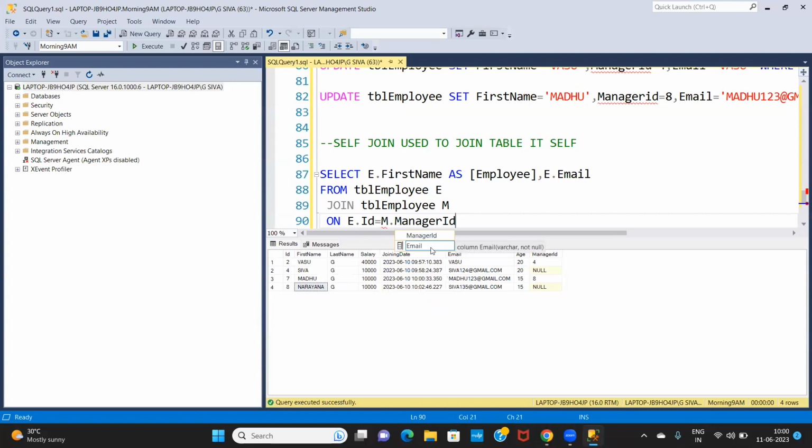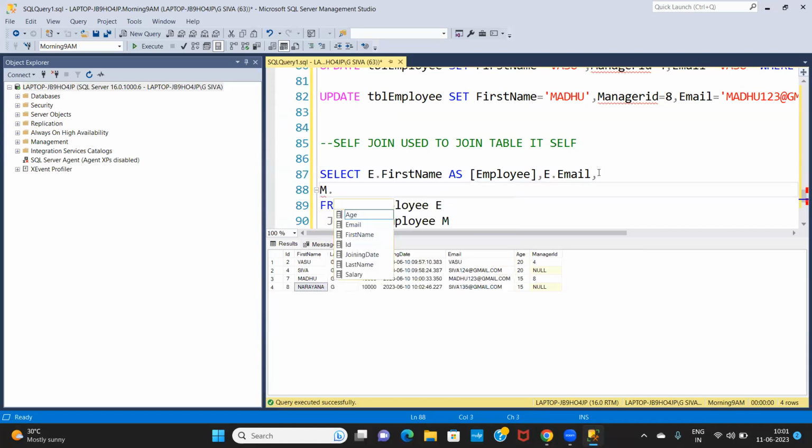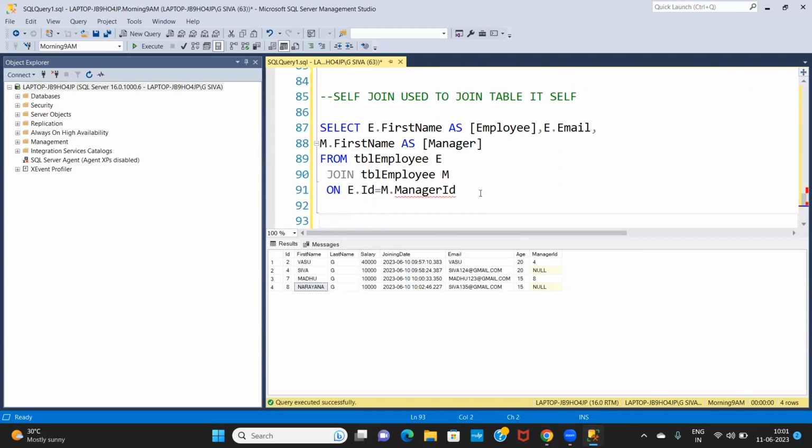So it is not displaying because it will take some time to compile the query. Okay, don't worry about this. Now what I want to know is the manager name. So the alias name I've given is m. Okay, so here put a comma, m dot first name as manager. If I execute the query,